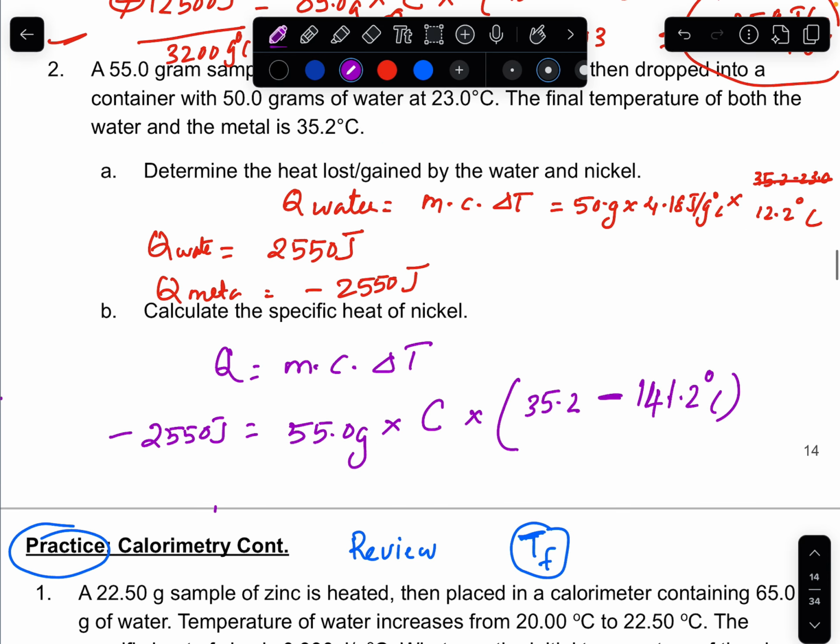Now calculate it on the calculator. 141.2 minus 35.2, so this will be 106. You are multiplying 106 with the 55, and you will get